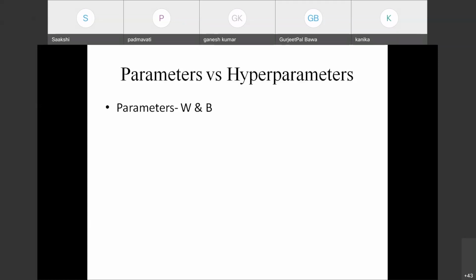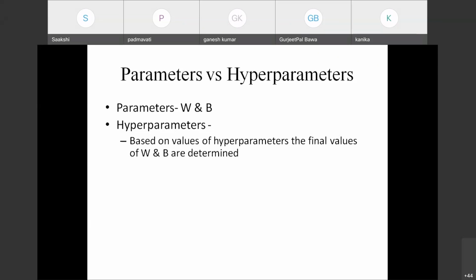In this learning process, W and B we initialize randomly, but in each step we try to adjust the parameter values such that the loss at the current step is less than the loss at the previous step. Similarly, the loss at the next step should be less than the loss at the current step. This we have discussed while dealing with backpropagation as well. Let us take hyperparameters. What are hyperparameters?